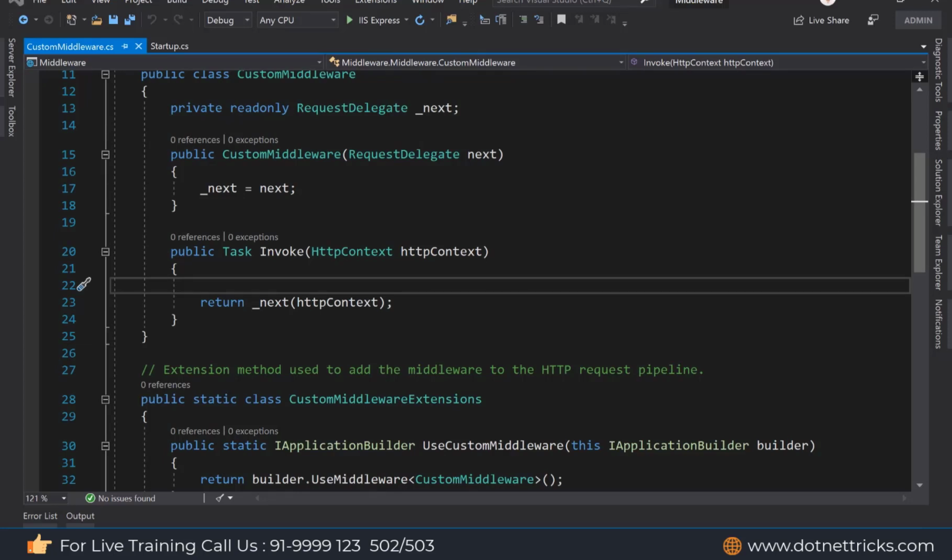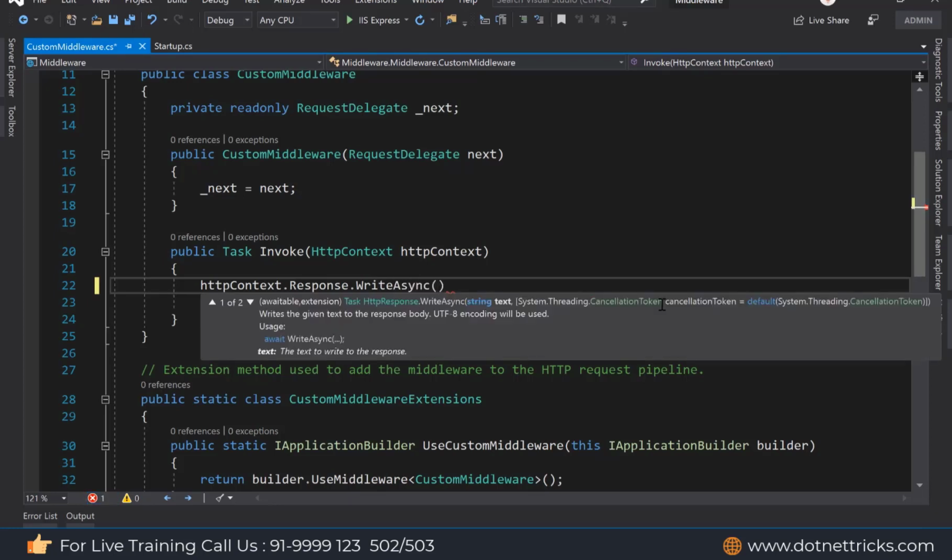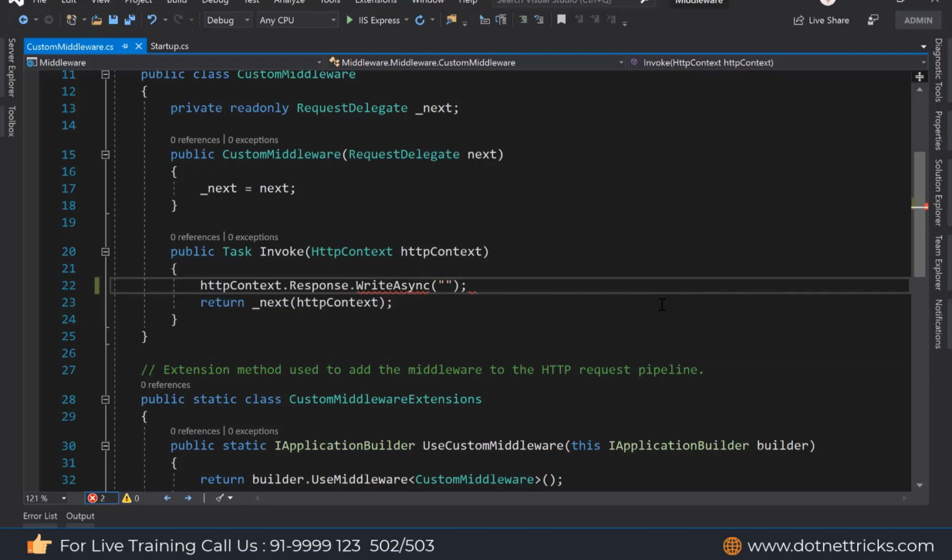So this code we can write in the synchronous fashion, and we can use the HTTP context. Then there is a response. I can use the response, and the same method I'm calling here, write async, so that we can see how it is going to be executed.